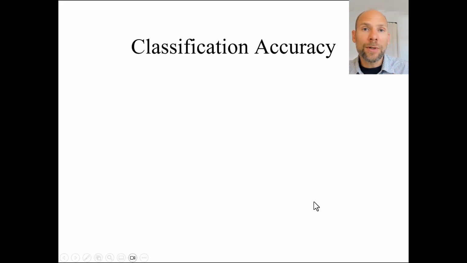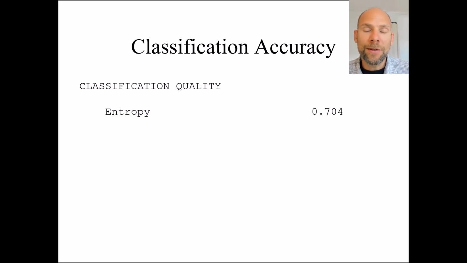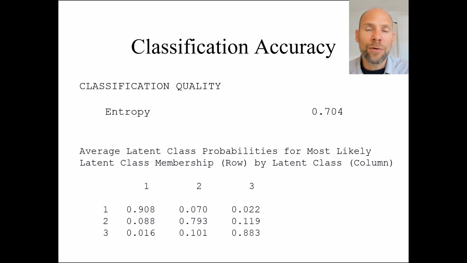In addition, we also can look at classification accuracy. That tells us something about how well individuals are classified based on our latent profile model. One thing that, for example, Mplus outputs is the entropy. The entropy is a summary measure of classification accuracy. It varies between 0 and 1, and values closer to 1 indicate better overall classification quality. It's not such a good measure really for model selection, and oftentimes models with not so great entropy values can still be acceptable. What I like to look at more, what I think is more interpretable and tells me more,